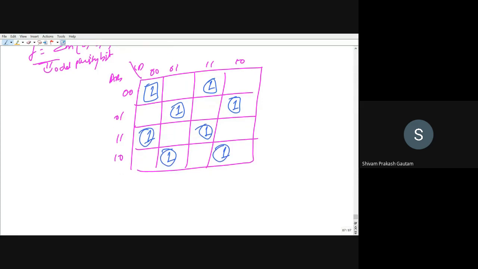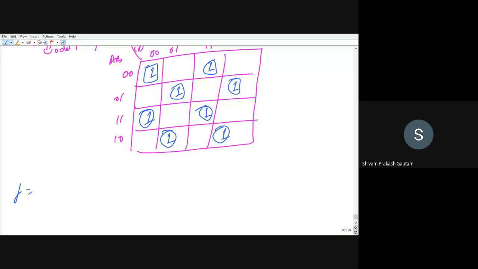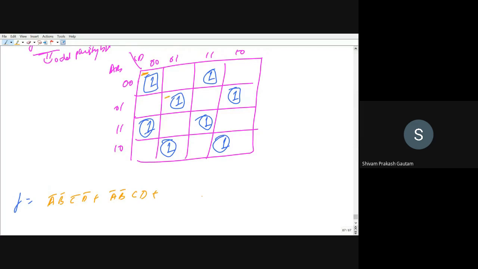Now you have to write it in the form of a function. So we'll start from here. This will be A bar B bar C bar D bar plus A bar B bar C D plus, just pay attention to this cell I'm writing.